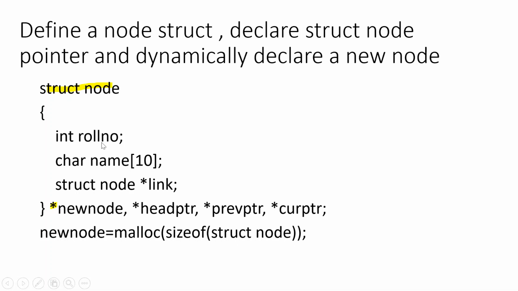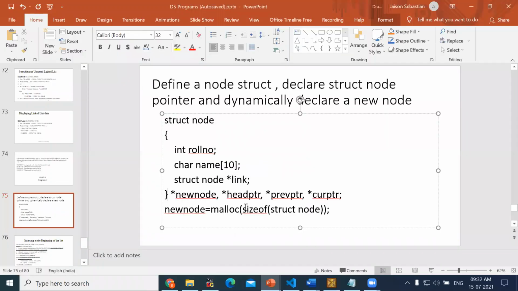How much size will this struct node take? Integer 2 bytes, character 1 byte, like that. A node, a struct node, how many bytes will it take? That much space will be allocated for a struct node. Got it? If you want to create only one struct node, you will use malloc of size of struct node. Suppose I want to create 100 such nodes, then I should give 100 into size of struct node. Got it? So malloc, as you know, returns a void pointer.